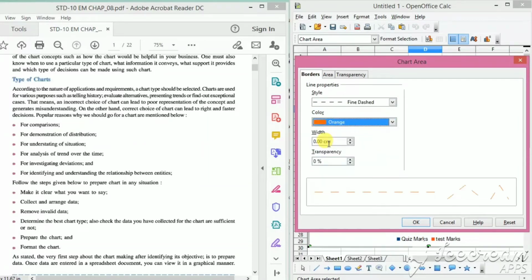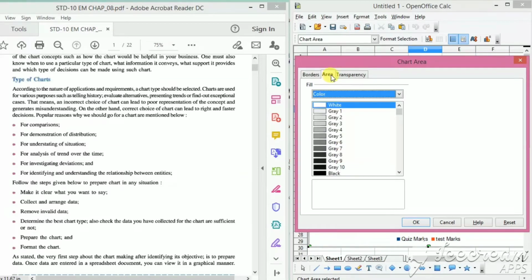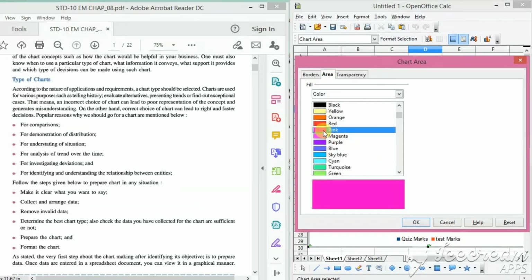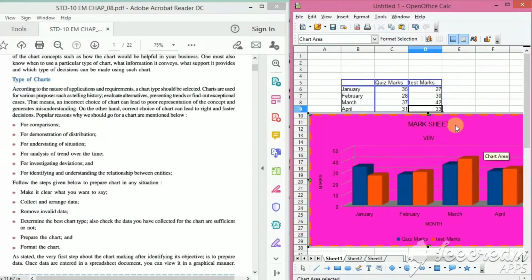Suppose I select the orange one. And if you want to change the width over here, for example 0.20. Then area, to fill the color in the chart, we have to select this, for example select pink, then click on OK.